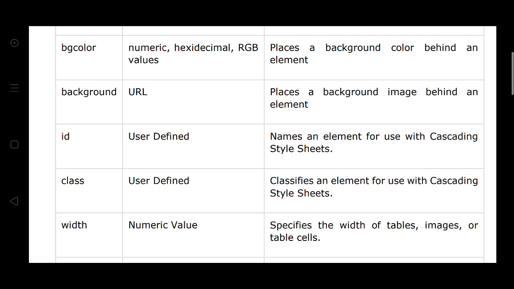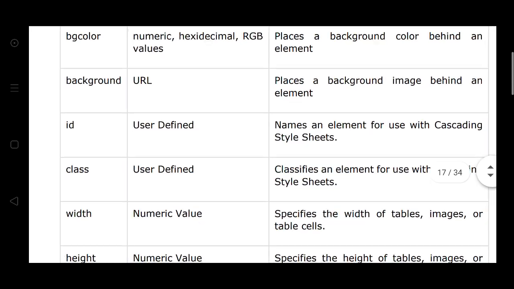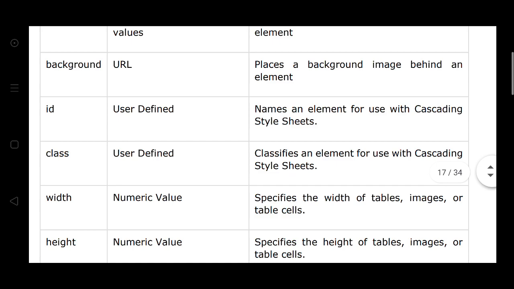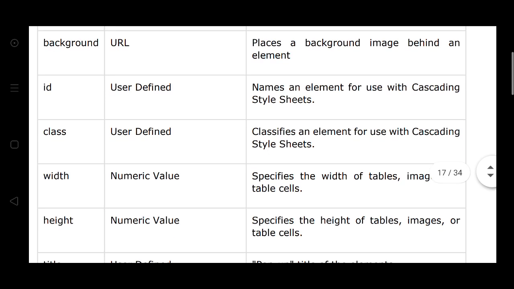ID: user-defined names for elements, used within CSS, cascading style sheets. The same class will also be used in cascading styles, user defined. Width: a numeric value, the specific width of the table or table cells and images.